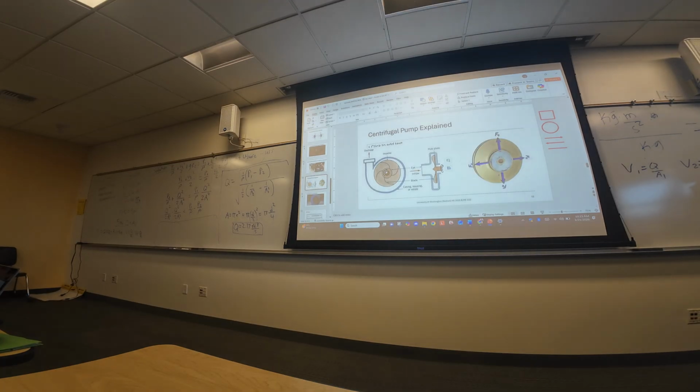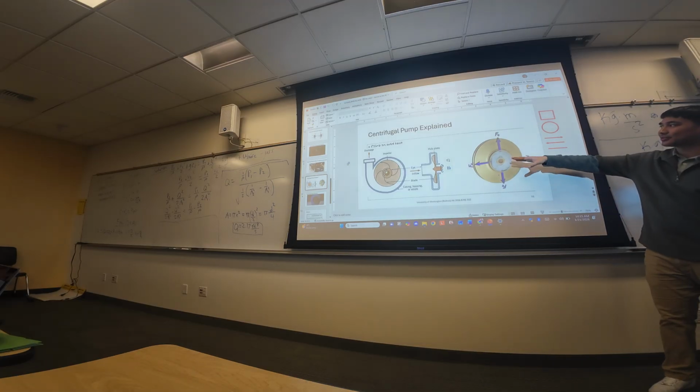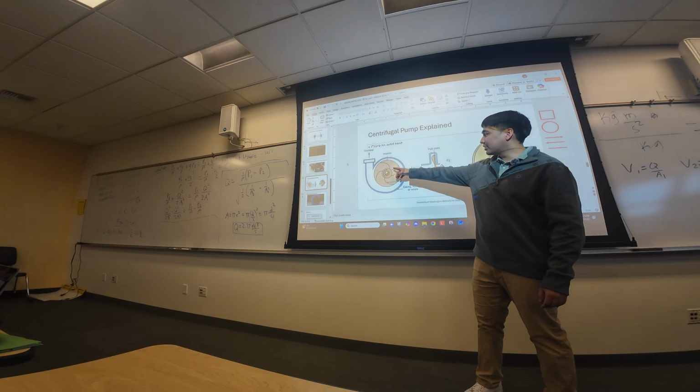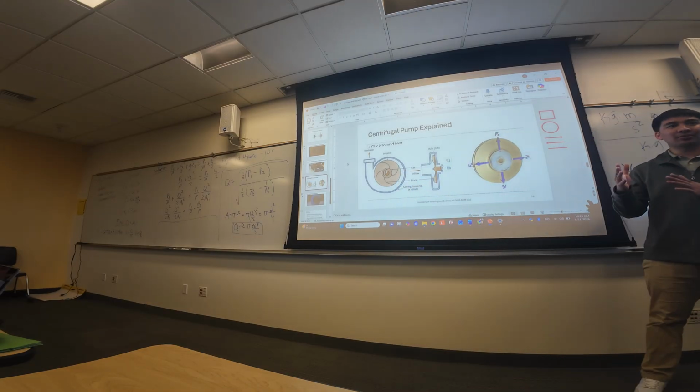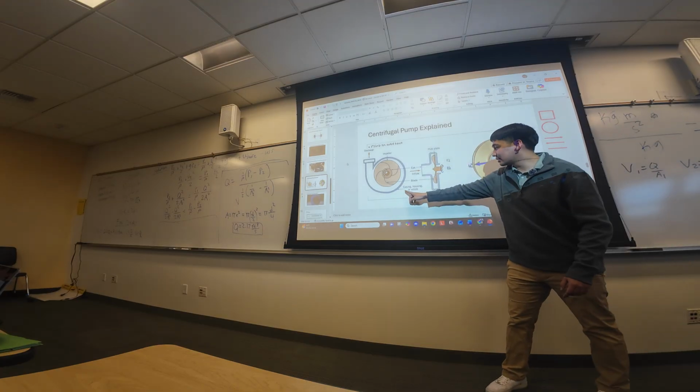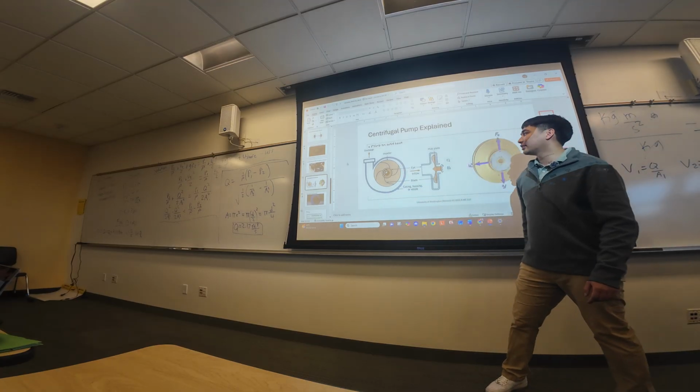Okay, and now just a quick explanation of a pump. This is what they call a centrifugal pump. I don't know if you guys use centrifuges in your chemistry lab. Basically, if you have something rotating, you have centripetal force. I think that's m v squared over r, something like that. I had it in a different slide. But as this rotates, water goes to the edges. So you have your impeller here, which is essentially like a water wheel, but designed so you can house water better. Once the water's in here, it rotates, the water comes out, touches this housing, and then discharges out there. That's how a water pump works.